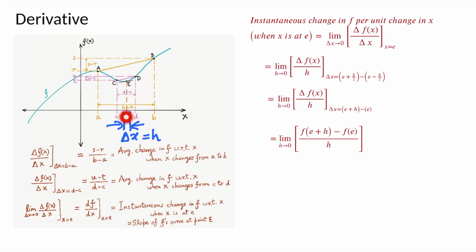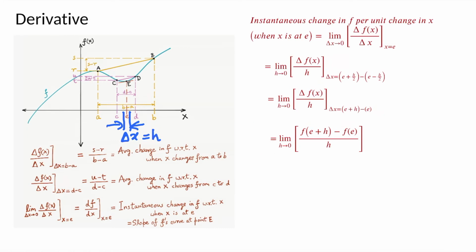And since this interval delta x equal to h tends to 0, it is infinitesimally small. So instead of going from the left hand side to the right hand side, you could actually think of an equally small interval and move from point E rightwards to point E plus h. So since h is very small, it tends to 0, it doesn't really matter whether we move from E minus h by 2 to E plus h by 2, or whether we move from E to E plus h, right? It should give the same estimate since h tends to 0, right? So probably a simpler way of writing that is this, right?